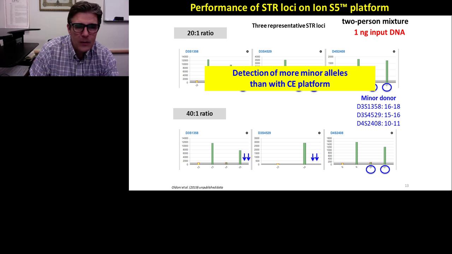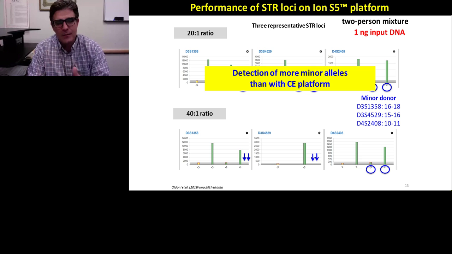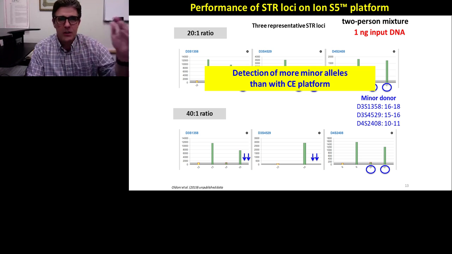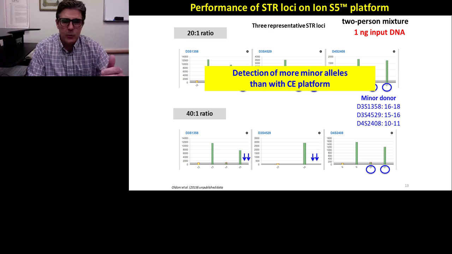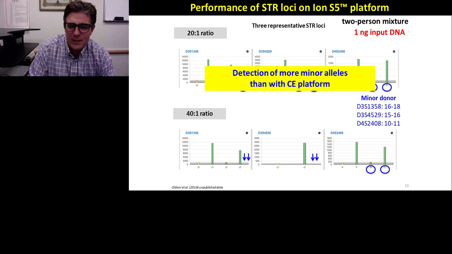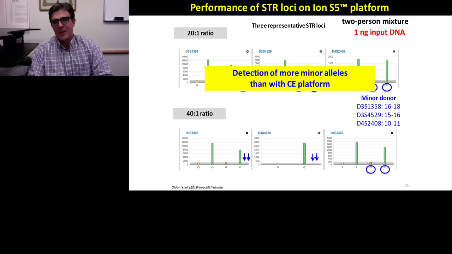At the 20-to-1 ratio, we see a lot of the minor contributor, more than we were seeing with CE. In the 40-to-1 ratio, essentially we see complete dropout. We see a few elevated stutters, like in the D4S2408. We see a little bit of the 10 that is slightly above the stutter threshold, but this cannot be considered